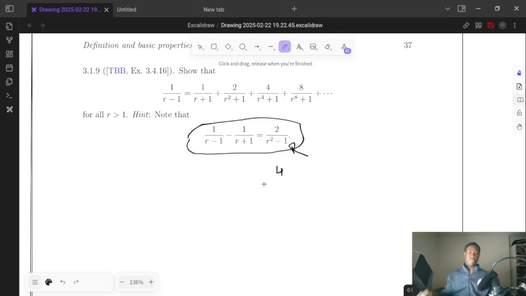Well, if this holds for that, where I divide the top by 2 and I have the term here, if I do the same thing for r to the 4th minus 1, this is still a difference of squares. This is now r to the 2 squared minus 1 squared, which means that I can do